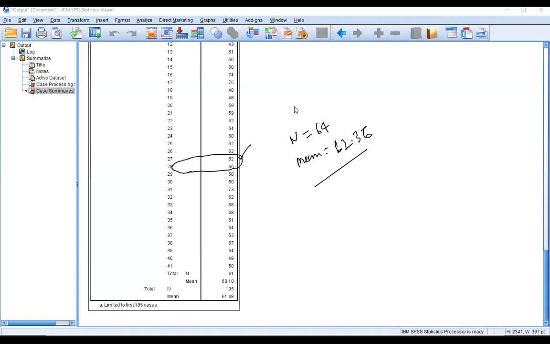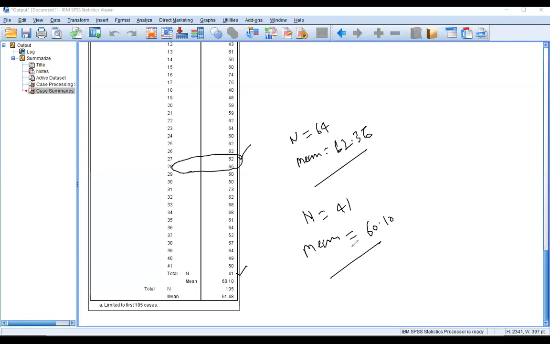Okay. Thank you. Now I'm checking the number of male students. How many male students? The male students are 41, so n equals 41, and the mean marks obtained by them is 60.10.